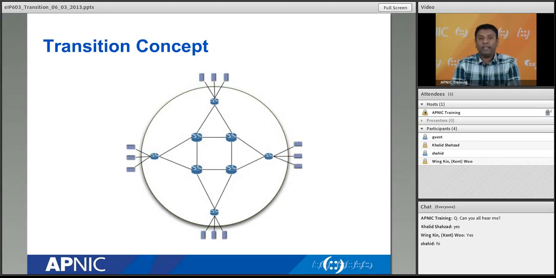Okay, so to get an idea of how we can understand those transition technologies in a real environment, I'll bring a very simplified topology of the current internet and try to see whether you can explain the situation and how we can think about the fundamental transition concepts. In this diagram, we have four networks. Let me grab the pen tool. Yep, this is one network. There is another network, another one, and another one. If you consider the internet like this on the slide, there are four networks interconnected by all those routers in here, right? Did you see?